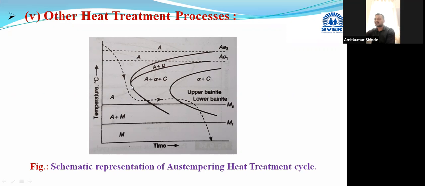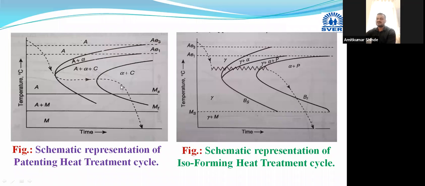And if you keep the sample at the nose temperature for a longer period of time, then you will end up with pearlite. In the above region, the austenite will get transformed to pearlite. In the below region, if you provide a longer time duration, then it will give you bainite. Here we will get pearlite as a longer duration is provided. That pearlite may be coarse pearlite or fine pearlite.